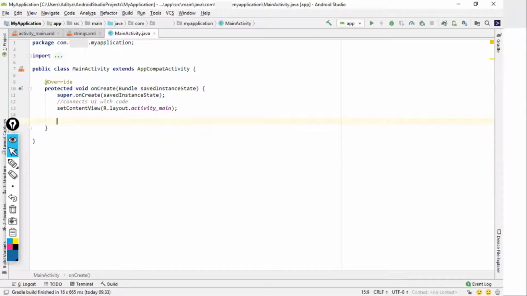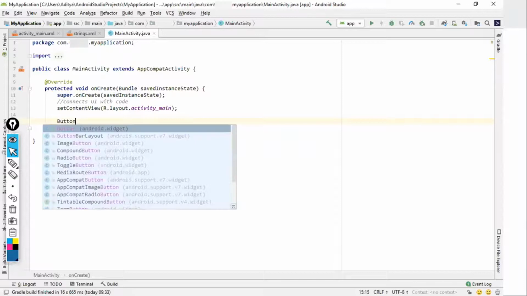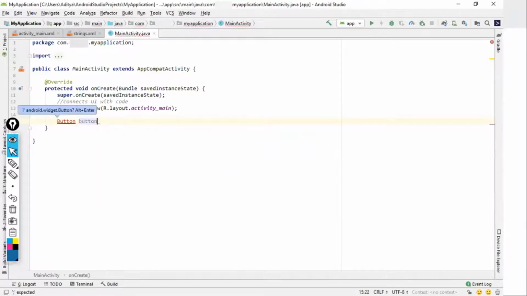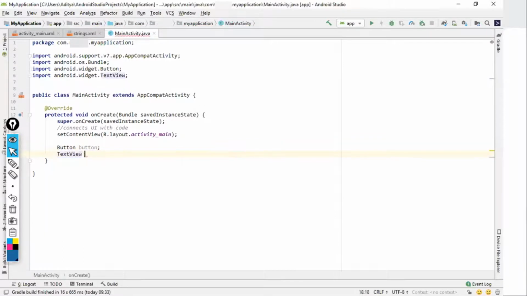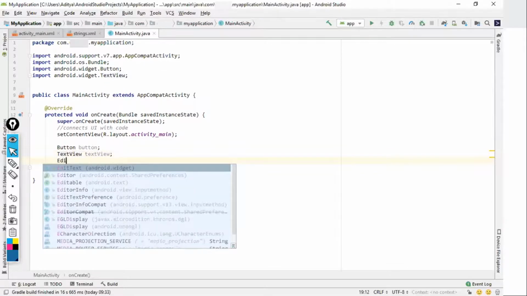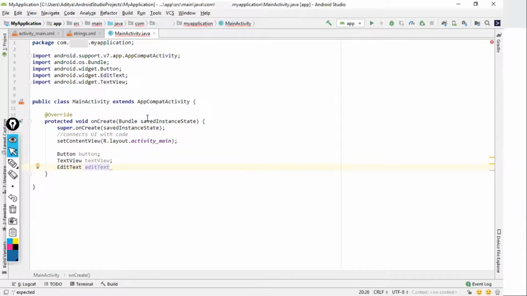First of all, the first thing I'll be doing is using a button. Button. Now it is showing me an error. Why is it showing an error? Because Button is a class and I need to import that class. So I'll press Alt+Enter. It will show import. Just import this. Equals to. It has automatically added the import for me. For example, if I want to add a text view, text view. Is it clear, guys? If I want to add edit text. So what I'm doing is creating the objects of these classes: button class, text view class, and edit text.